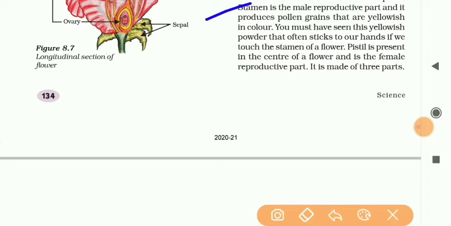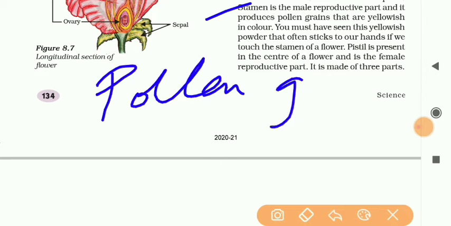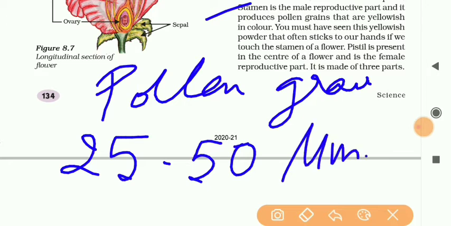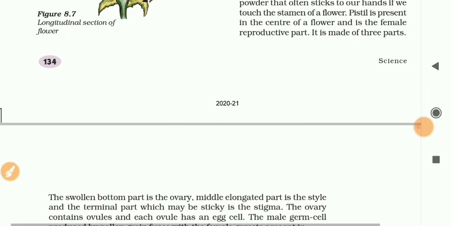Before that, what is the size of pollen grains? This is a question in your mind. The size of pollen grain is 25 to 50 micrometer, and the shape of pollen grain is spherical in nature. While the pistil is present in the center of a flower